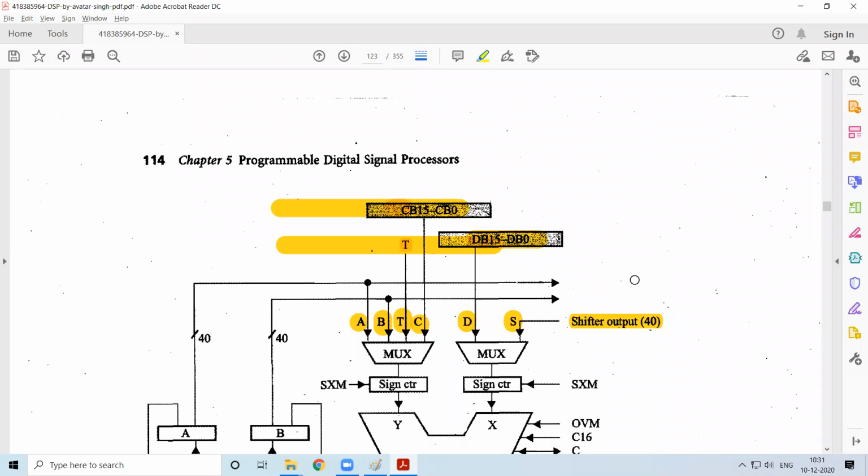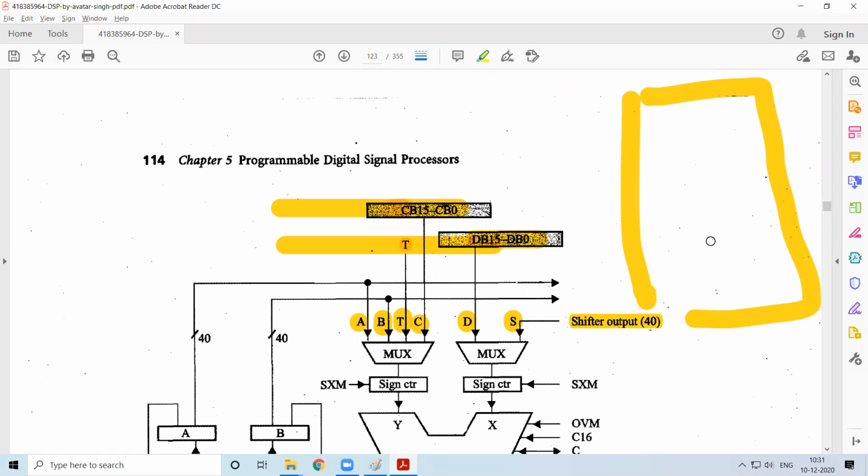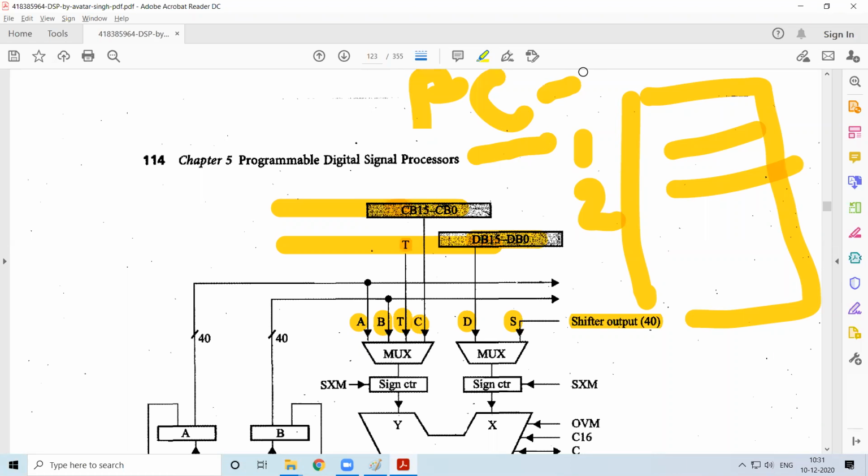Even some of the operations pertaining to address generation for the program also require mathematical operations. Say I have an instruction at location 1. Then the next instruction will be at location 2. So for example, your program counter is 1. For the next instruction, I do PC plus 1, and it will go and access that. So here you're performing mathematical operations on the program counter.